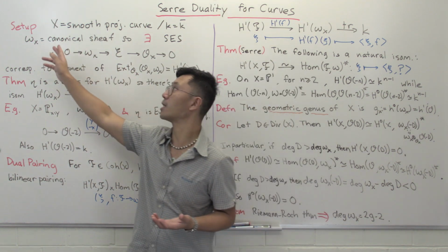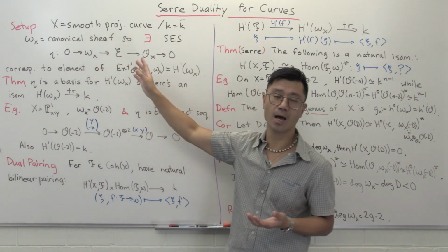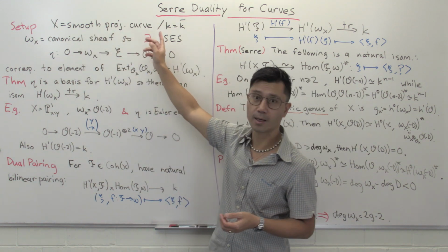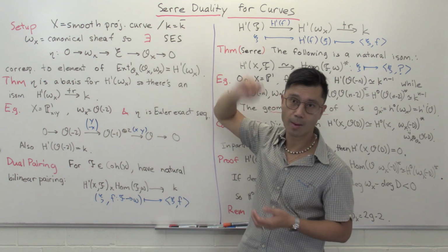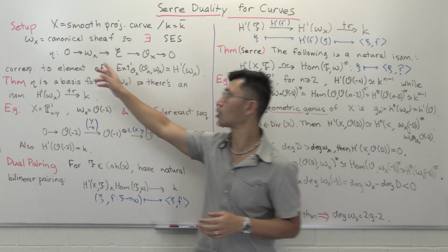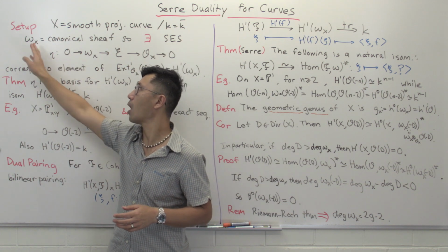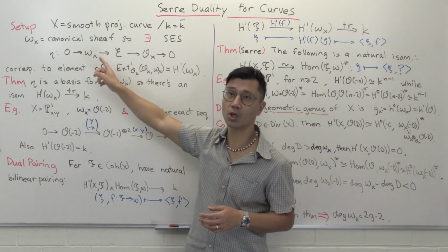Okay, so let's see what our setup is. We're going to start with some smooth projective curve, X. It does work more generally. You don't need smooth, and the curve part is just for how I'll present it in this particular video. We'll work over some algebraically closed field K. We'll also need the canonical sheaf. Okay, so this is a critical part of the theory, omega X, also called the dualizing sheaf because it occurs